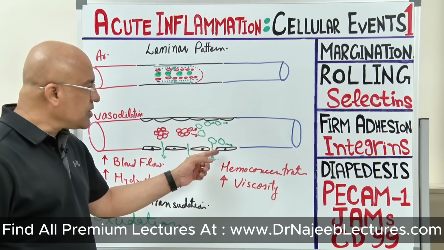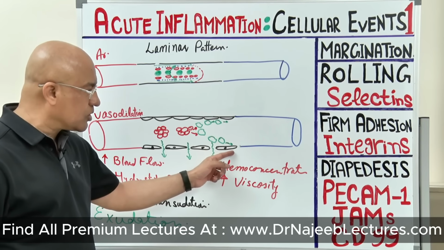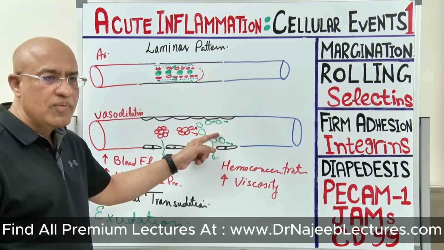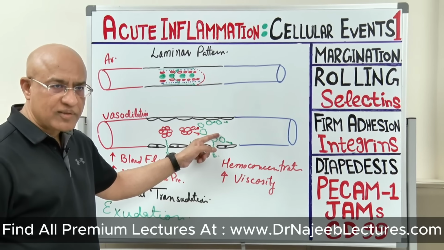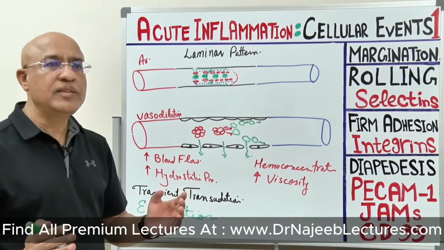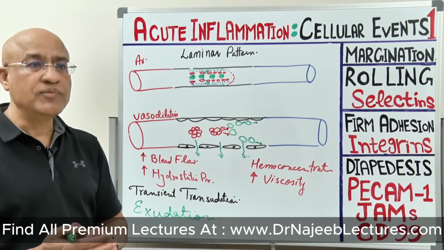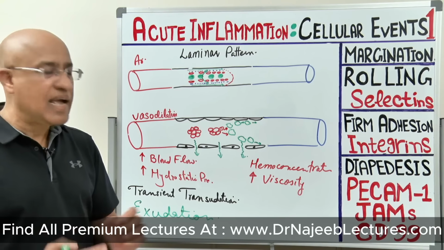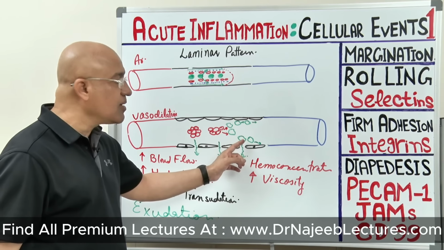P selectins and E selectins are on endothelium and L selectins are on white blood cells, neutrophils. These selectins will interact with their corresponding receptors, which I will discuss in the next lecture, and neutrophils will start